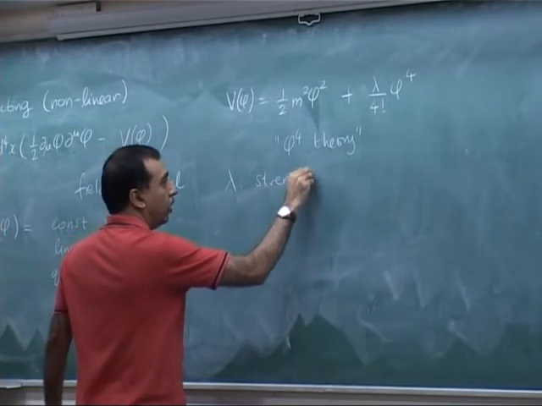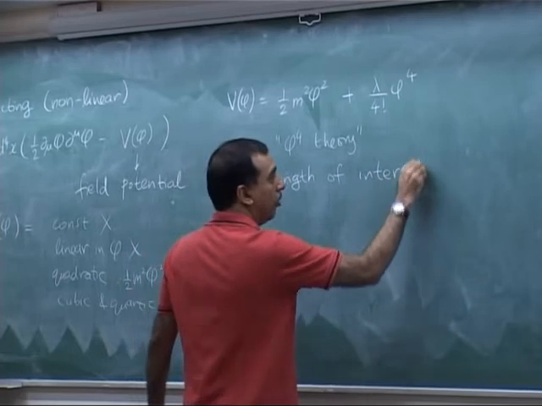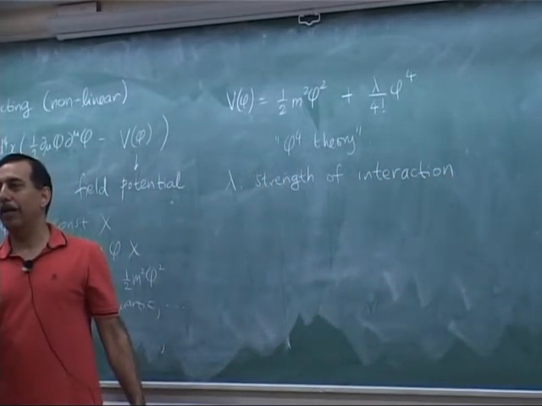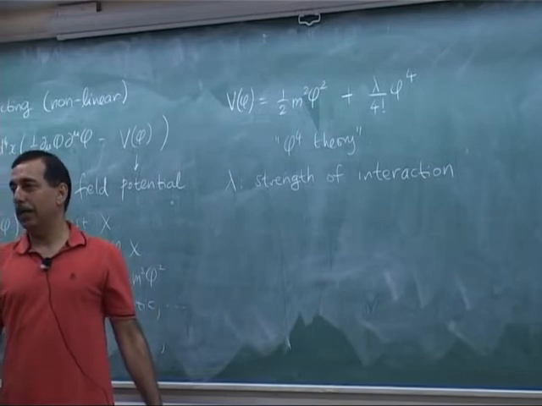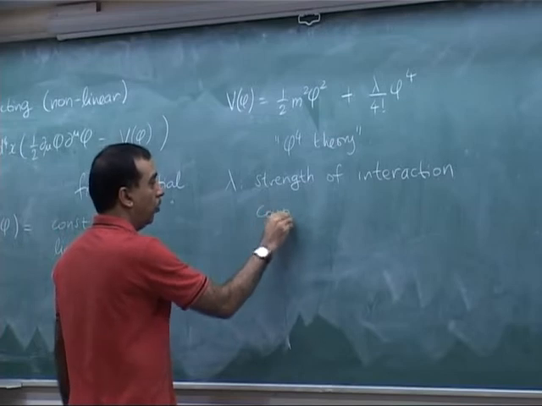After all, if lambda is 0, then there is no interaction. So it's reasonable that the stronger we make lambda, the larger we make lambda, the more there will be an interaction. Why didn't we take